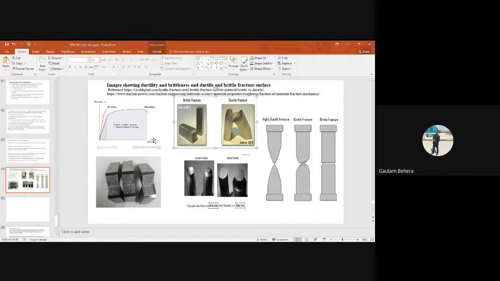This axis is showing you the ductility, right? So this material is getting fractured at this point. There is no gross plastic deformation happening in this material. But here a lot more plastic deformation is happening, right? Up to this much. So ductility is from here to here for this material, and for this material ductility is from here to here, very less ductile. So it is a brittle material, right? So this kind of curve also shows you whether the material is brittle or ductile.